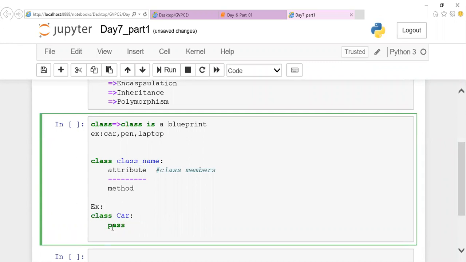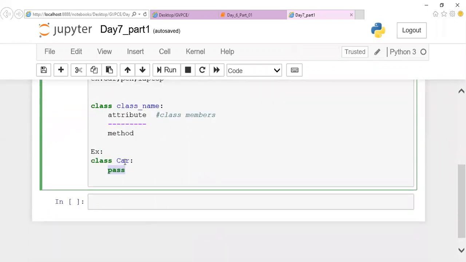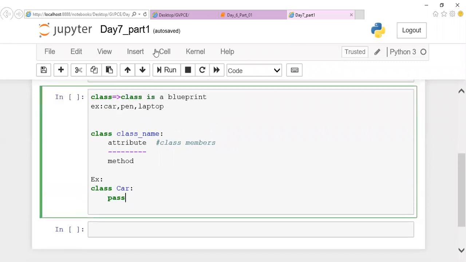Don't think that here we can put print. That's not possible. This is what I told you. Directly I can put some print message inside a function but not inside a class. So inside a class only these two elements can be done. Are you clear with this class so far? Can I move on to object?